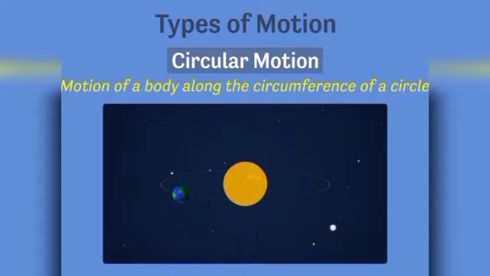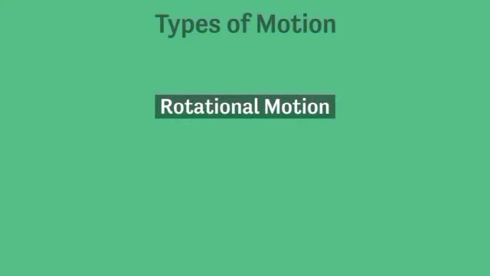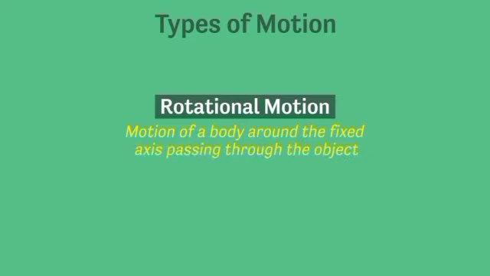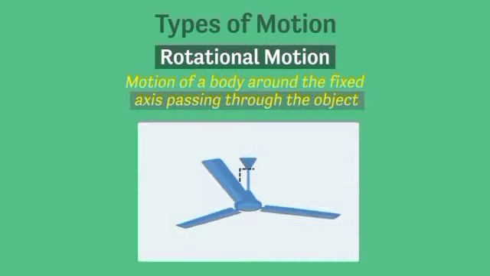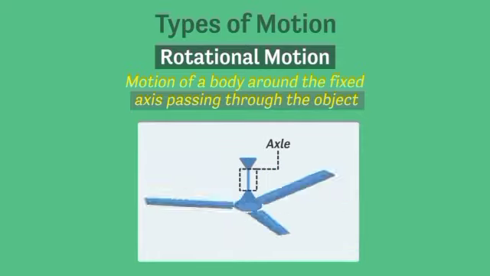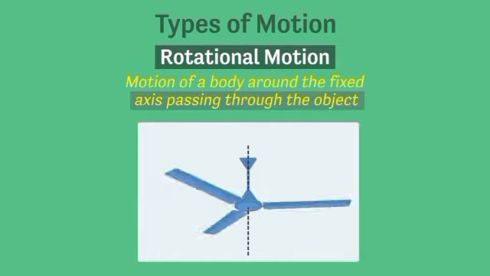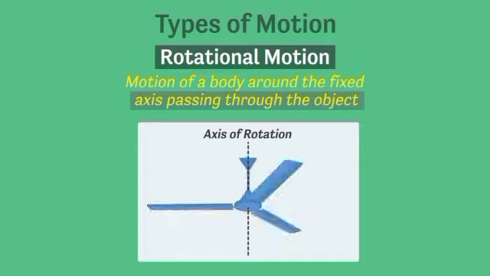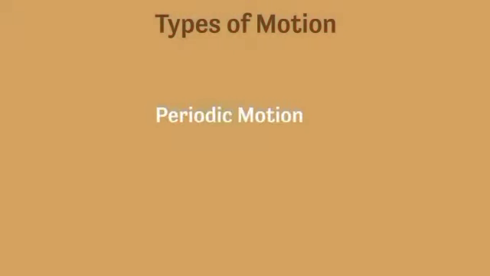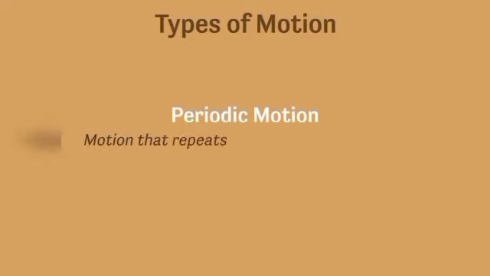The third type of motion that we saw is rotational motion. It is the motion of a body around a fixed axis passing through the object. This is important. The axis has to pass through the object. An example of rotational motion is a ceiling fan rotating along its axle. So you see that if I draw a hypothetical line called the axis of rotation, it's passing through the fan. And the final type of motion is the periodic motion, which is the motion that repeats itself in equal